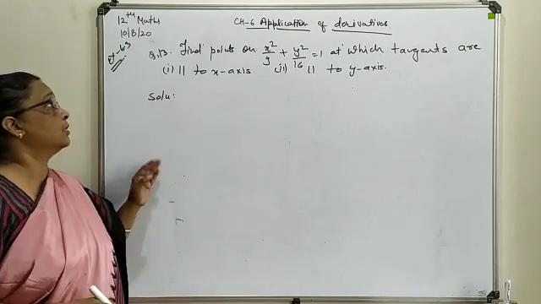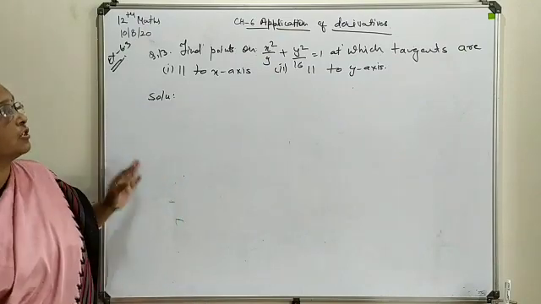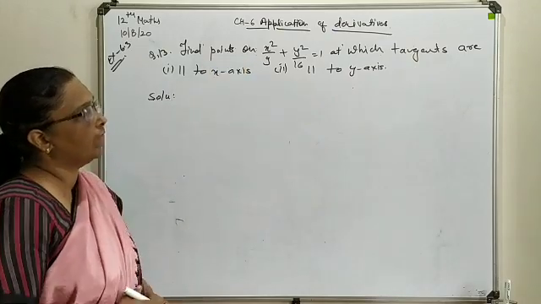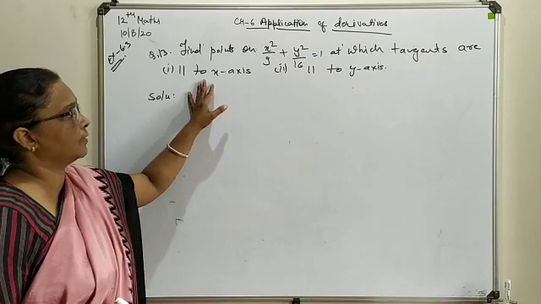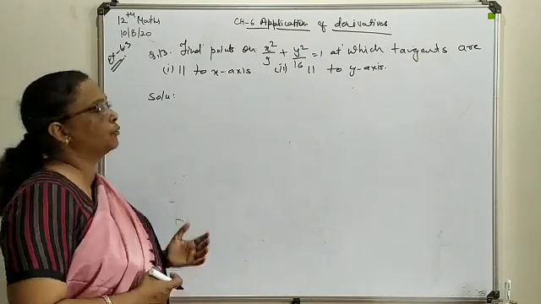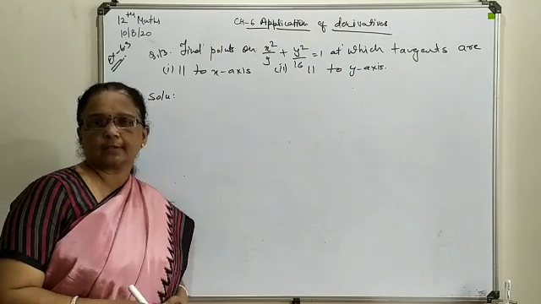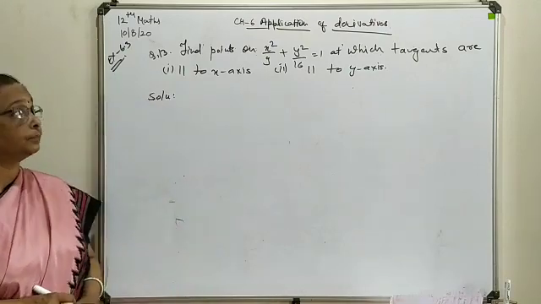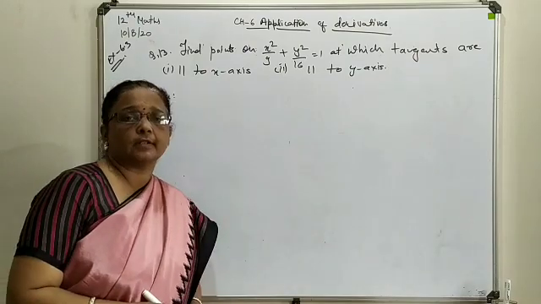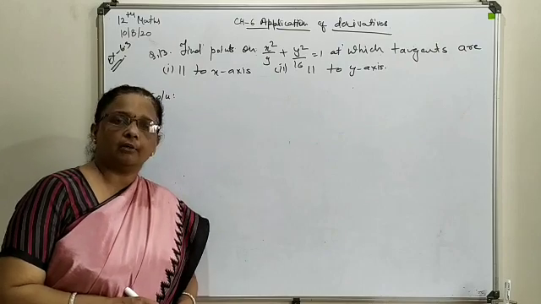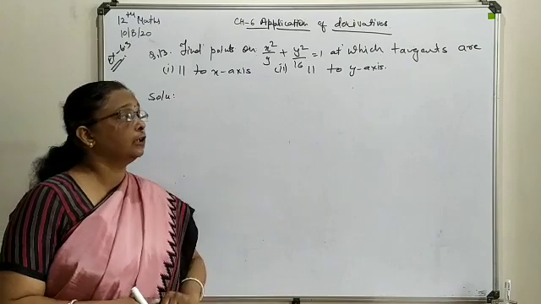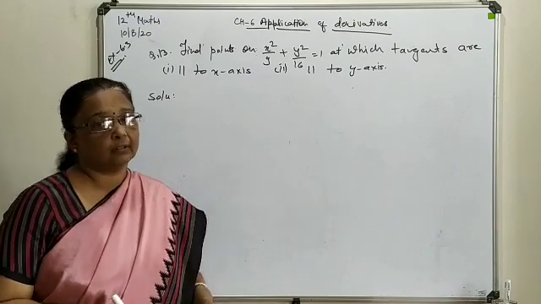Now next we are going to discuss question number 13, in which again we have to find points on the basis of this curve at which the tangents are parallel to the x-axis and parallel to the y-axis. If your tangent is parallel to the x-axis, then we have discussed the condition that the slope of the tangent should be 0. If it is parallel to the y-axis, the slope of the tangent will be infinite. So you will follow both conditions to find the points on the given curve at which the tangents are drawn.